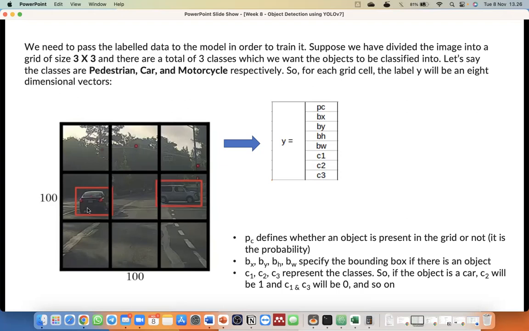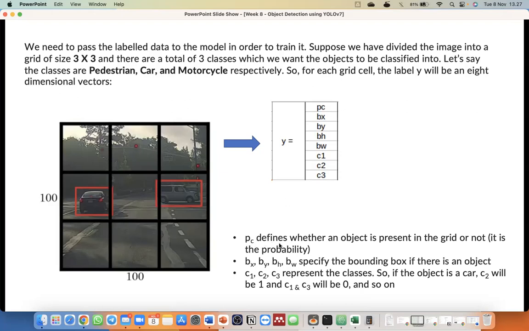For example, here we have two different bounding boxes. The red rectangles here, we can say this is a car and this is a car. If we give the bounding box on the object inside our image, then the PC will be 1.